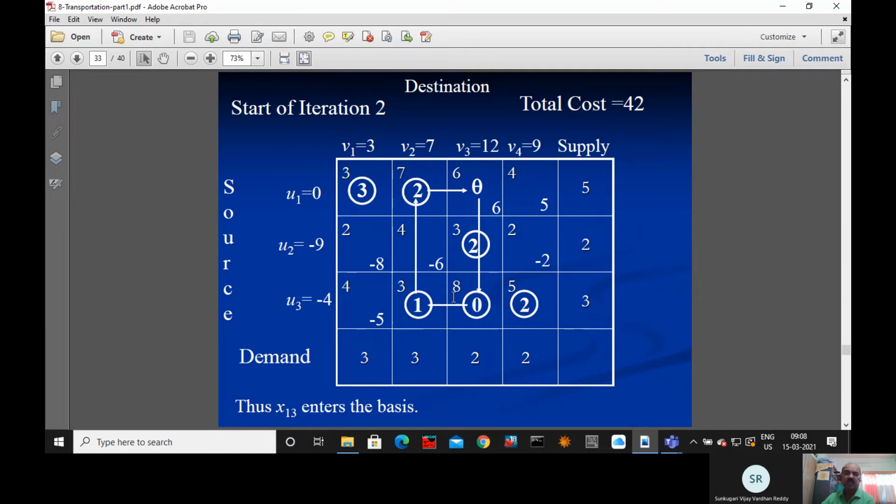So as a result, this cell C13, that allocation is becoming 0, and in the other corner there is 0. That is a non-basic variable, as you know, because that value was 8. So 8 is more than 7. 7 and 8, two are there. So we have to exclude 8 because that is the most positive. Most positive means the cost is more. So here we have to drop this one.